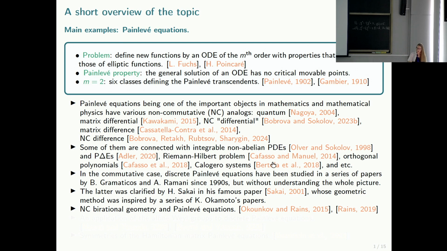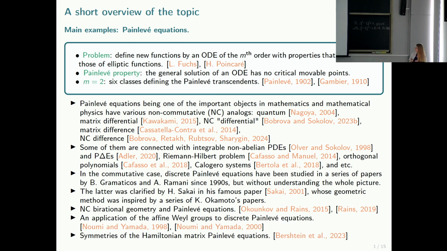And it turns out that this can be generalized to the non-commutative birational geometry, and we have some recent developments thanks to Arutyunov and Rains. But the non-commutative birational geometry is somewhat complicated, and unfortunately we don't have any exact examples in this case, and this is why we want to consider the algebraic approach.